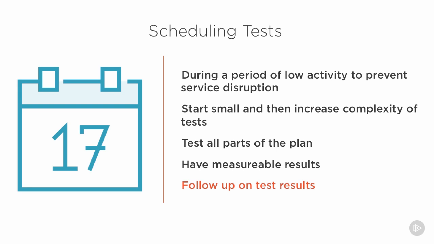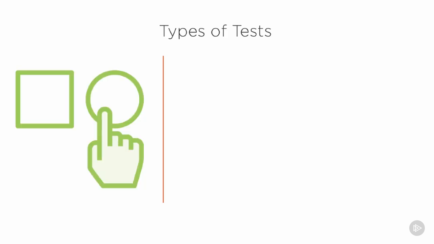But of course, it's no good to do a test and then not to make the improvements that the test actually indicated. We should follow up on the test results to make sure that anything that was identified during the test is actually fixed, so that the next time we conduct a test, we won't just find the same problems again. There are a number of different types of tests that we can conduct, and the simplest and easiest is